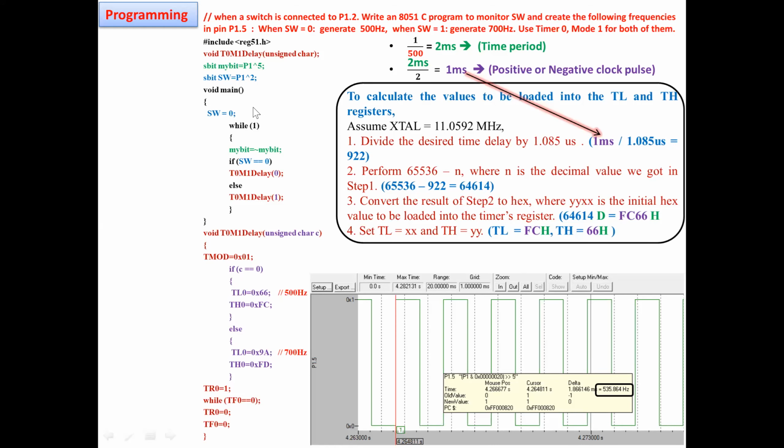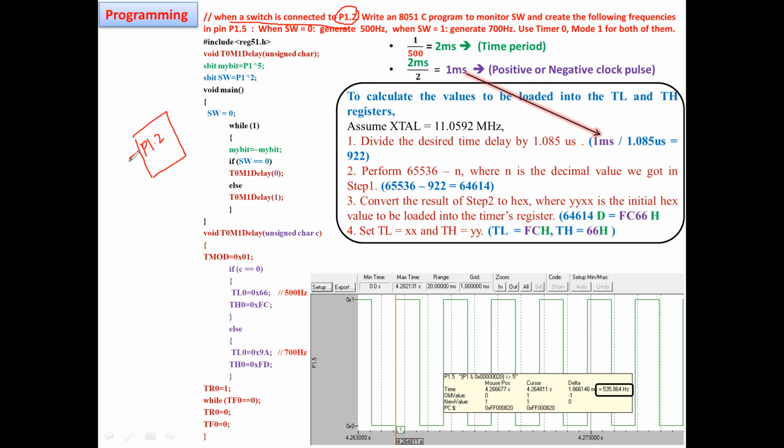So first, take the question of this particular program for understanding how to develop a program. When a switch is connected to P1.2, let us assume I have my 8051.